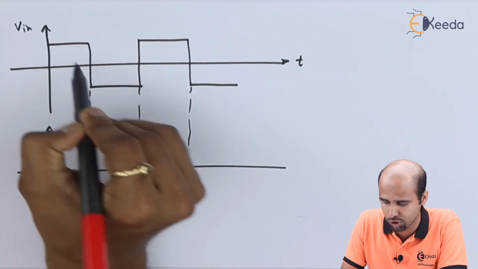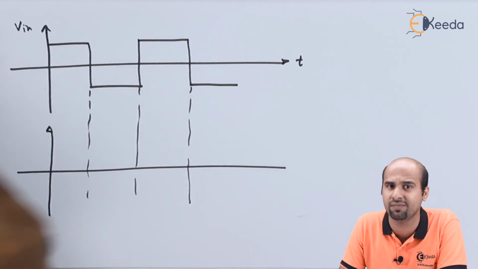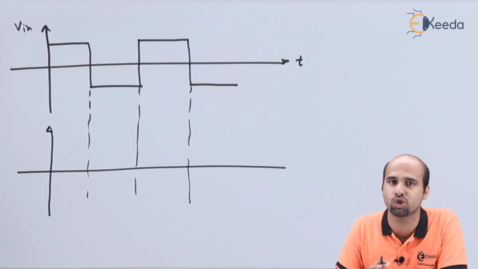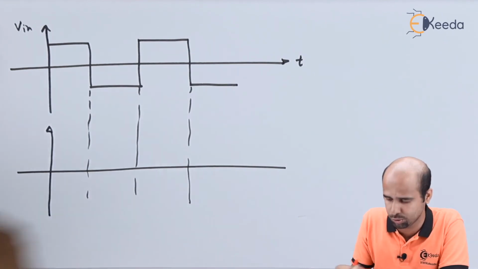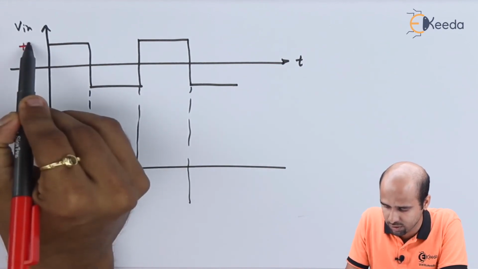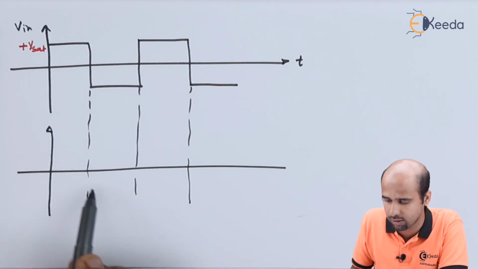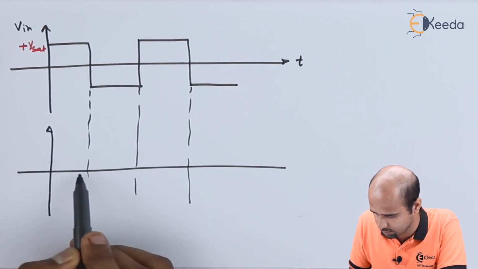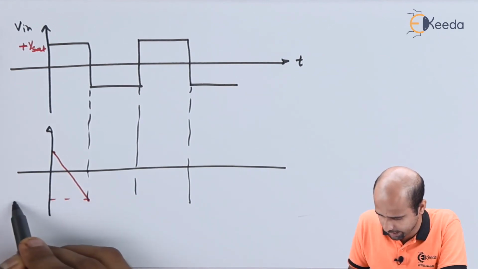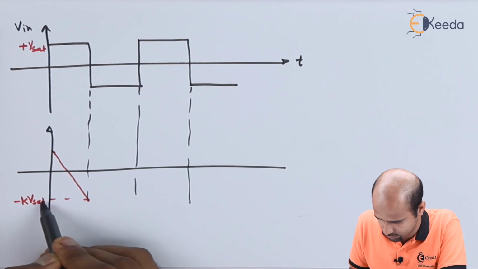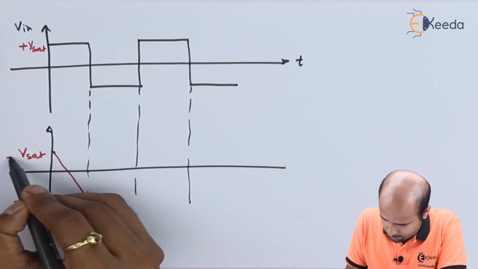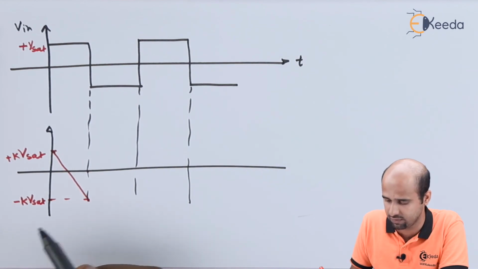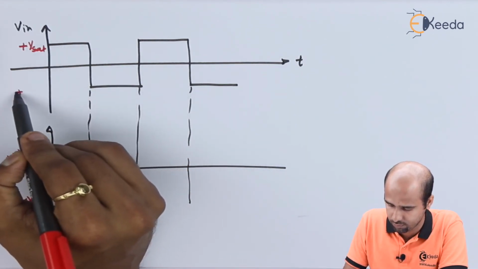This is a positive value which is going down. As this is positive and we have got gain equal to -1 upon something, that minus sign indicates that the slope of the ramp will be exactly opposite to this particular value. If this is of positive value, let's say positive VSAT, then your slope will be negative. So this is how we will be getting the slope. Slope will reach negative K into VSAT, and this is plus K into VSAT. We have K purposely because we are getting the constant value of gain even though the initial phase of the signal. This is minus sign,